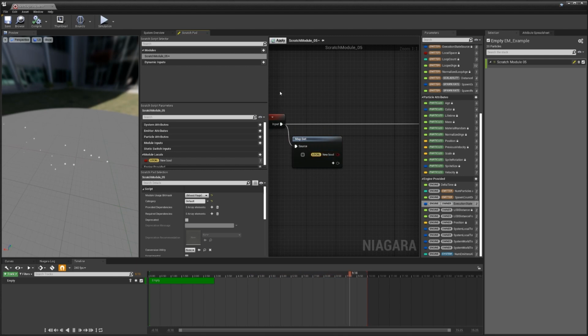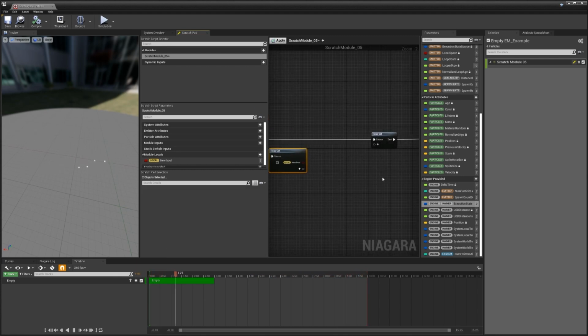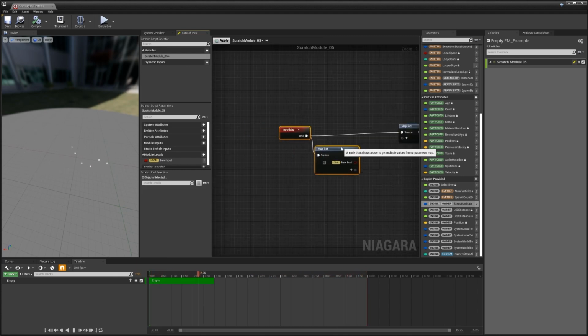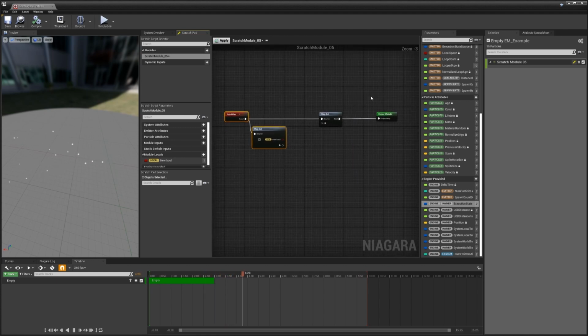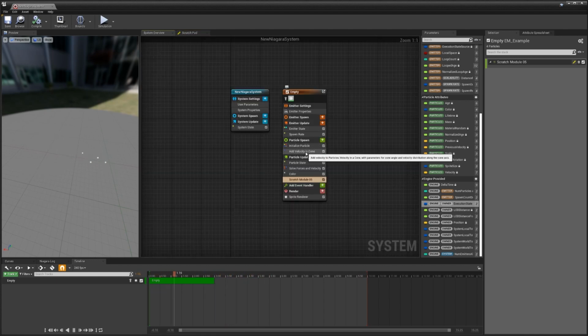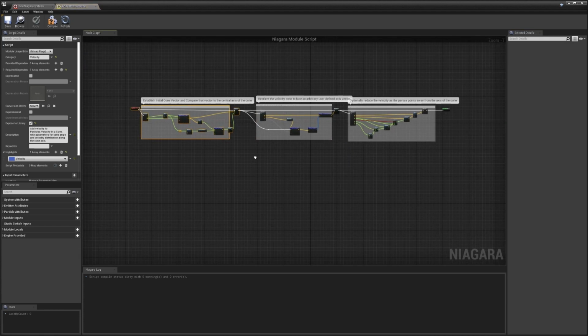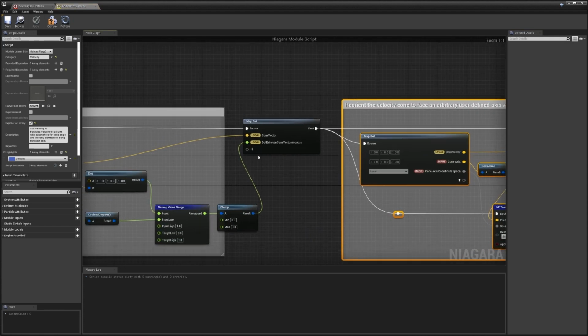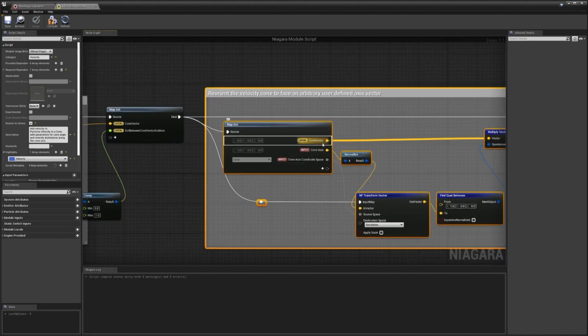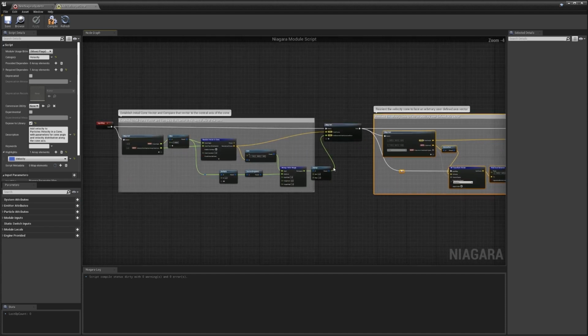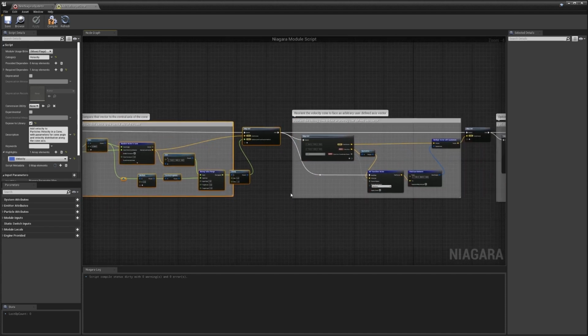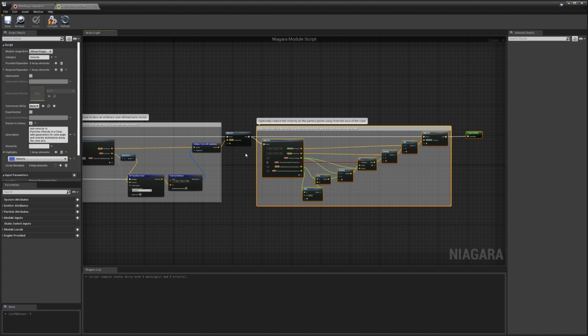Local variables are only accessible by the current module that you're working in. These are really useful for breaking up your module into smaller chunks. If we open up a pre-existing variable, you can see that they're broken up into these sections here. You'll notice the variables are being set to local and then accessed again later on. This allows you to do small chunks of maths, which you can then access again when you need.